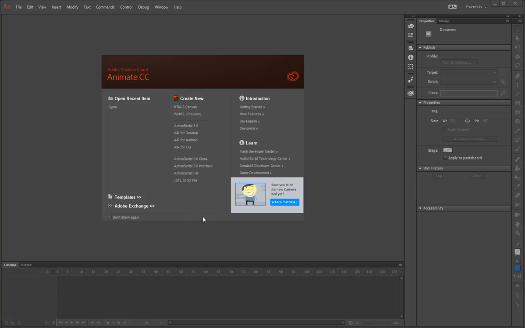Okay, this is my quick introduction to CC Animate. All these tutorials are going to be done with ActionScript 3, so when you create a new document, you'll need to make sure it's of the ActionScript 3 type. Animate is also capable of doing other stuff, but I'm not going to concern myself with that